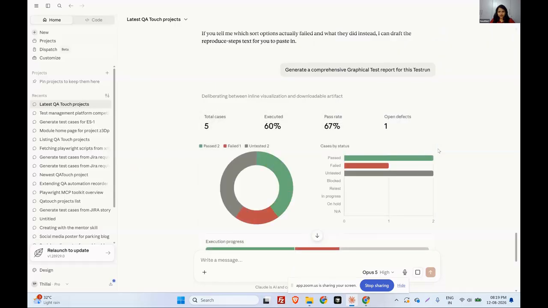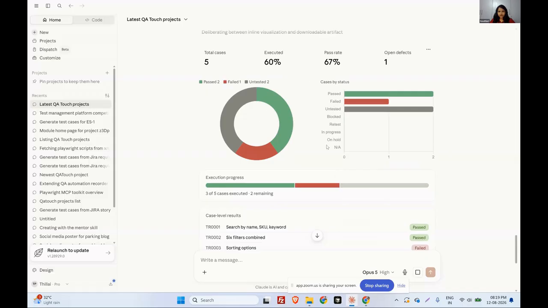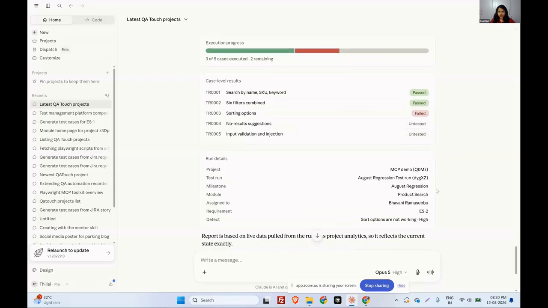Yeah, now it has generated the report. 60% of the test cases were executed, the pass rate, and how many failed. What are all the details of the test